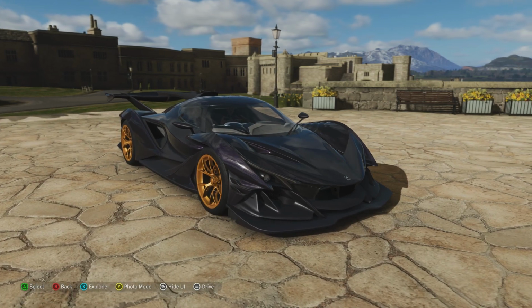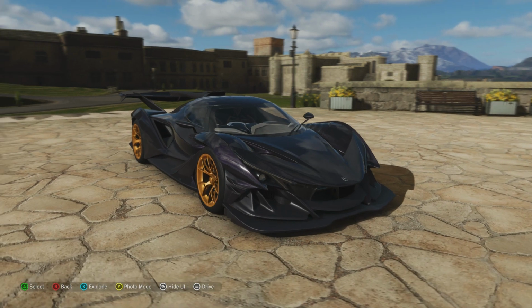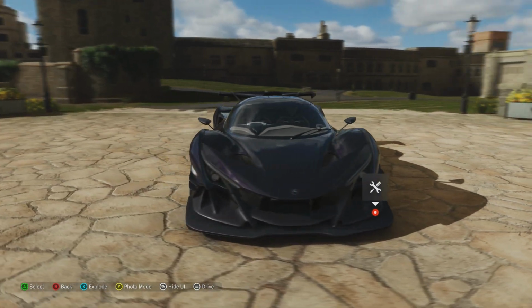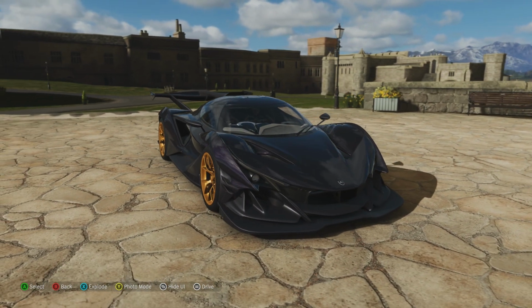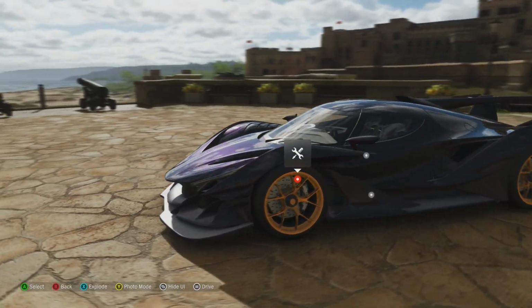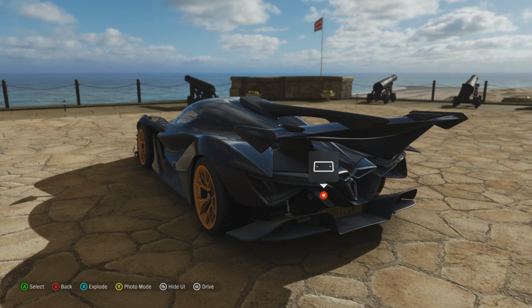It also has Bilstein dampers, which are freely adjustable, with comfort, sport, and auto settings. I imagine the auto setting is somewhere in between the sport and the comfy, but as soon as you're being a bit more aggressive, it will harden up. It also has Brembo carbon ceramic brakes, and getting onto the downforce, because you can see it's got a massive front splitter and a huge rear wing,